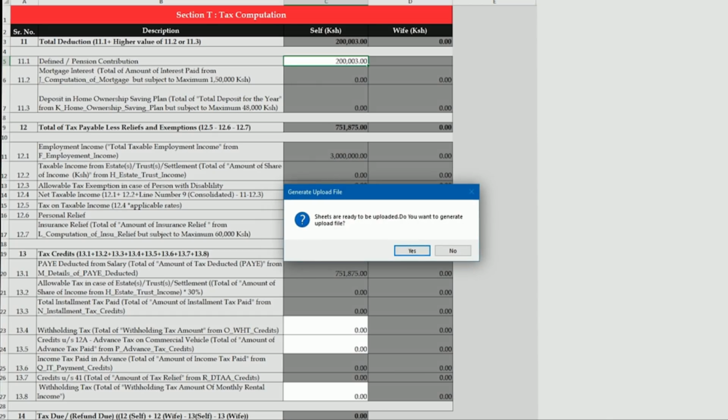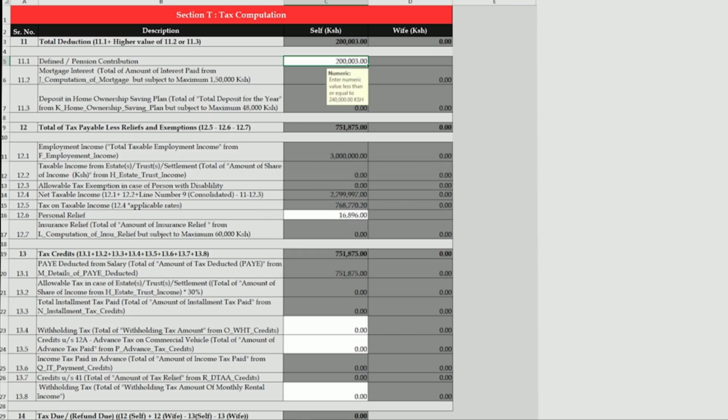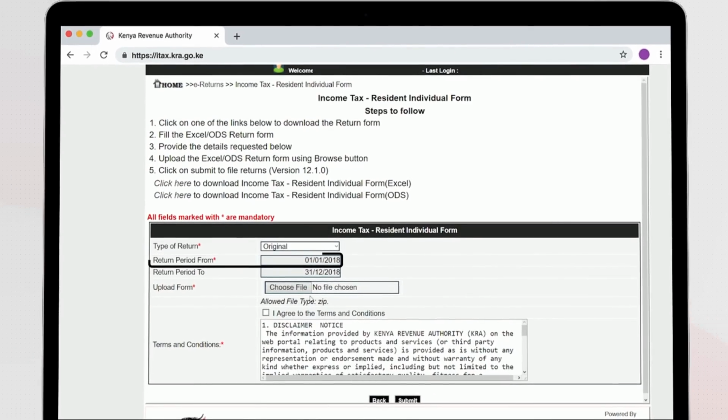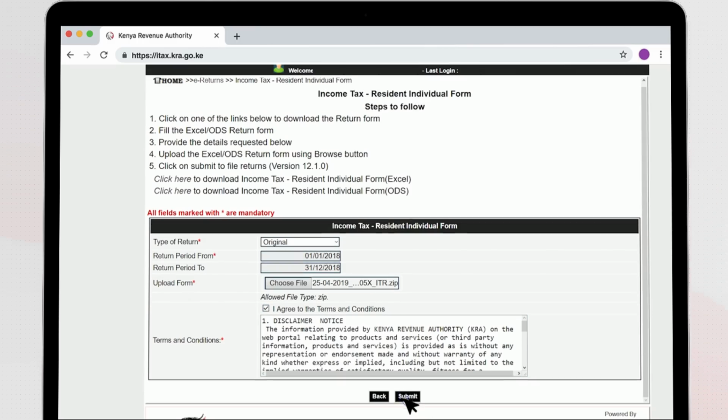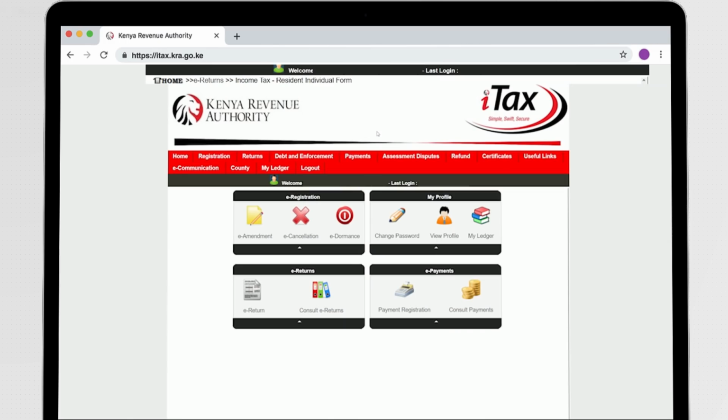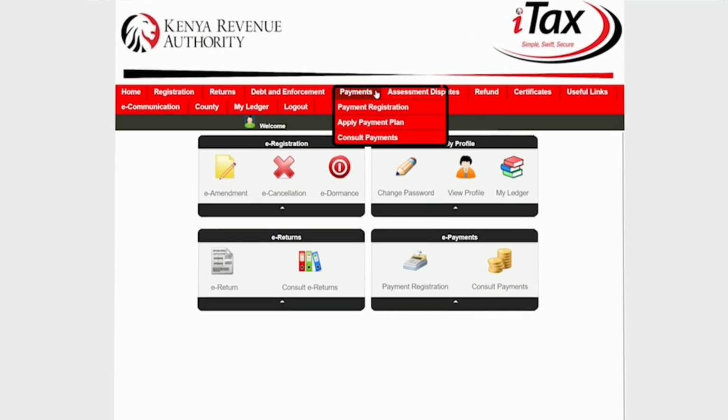The zip or upload file is saved automatically under your documents. Enter the return period from if filing for the first time, otherwise the return period will pre-populate. Upload form by choosing the zip or upload file which was generated and saved under your documents, agree to the terms and conditions and submit. Download the returns receipt. If there is any tax due to pay, go to the Payments menu and select Payment